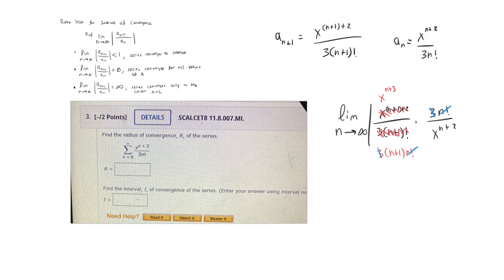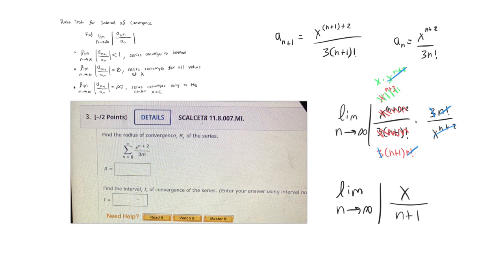And if we were to analyze this one further, it would really be x times x to the n plus 2, if you think about it, right? So we can kind of cross that out. And therefore, hopefully we can see that the x to the n plus 2 will cancel. So therefore, what we're dealing with is the limit as n approaches infinity of x